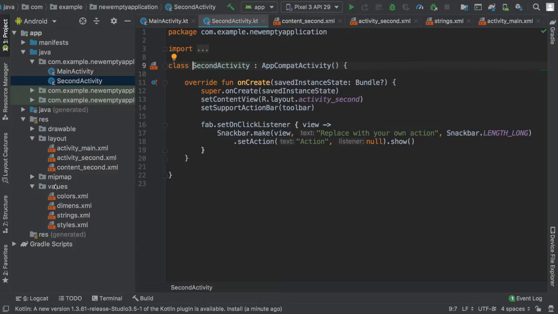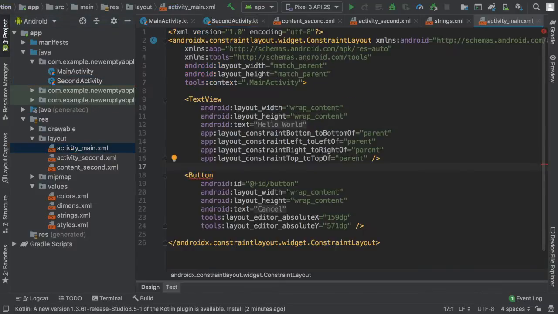What is interesting is that the first generated activity basically has a constrained layout and a text view, right? I've added the button, but it basically has just the constrained layout, the text view and the button in it. Whereas the second activity that I generated, and it probably is the same in your case,